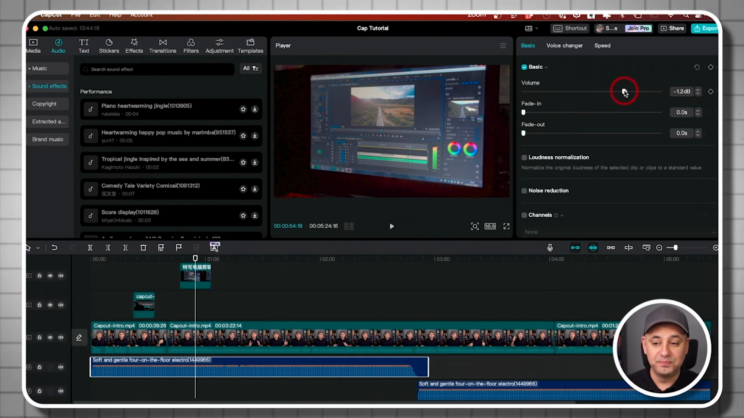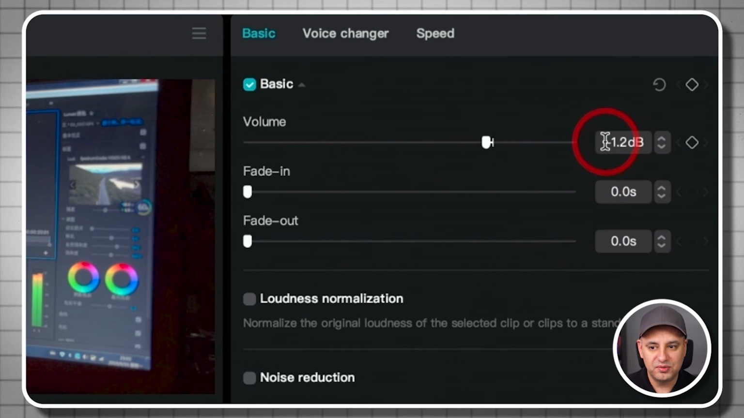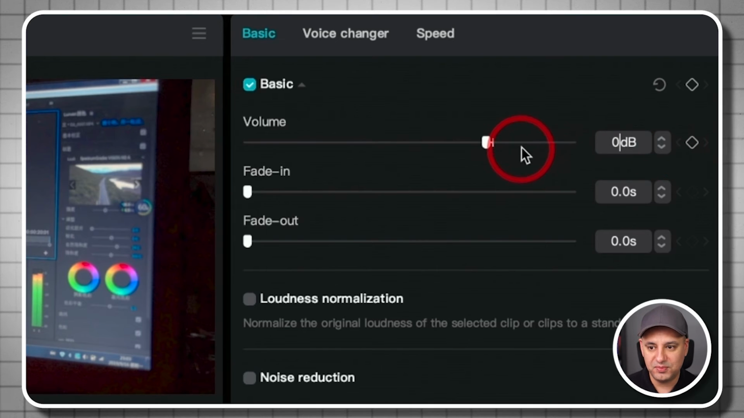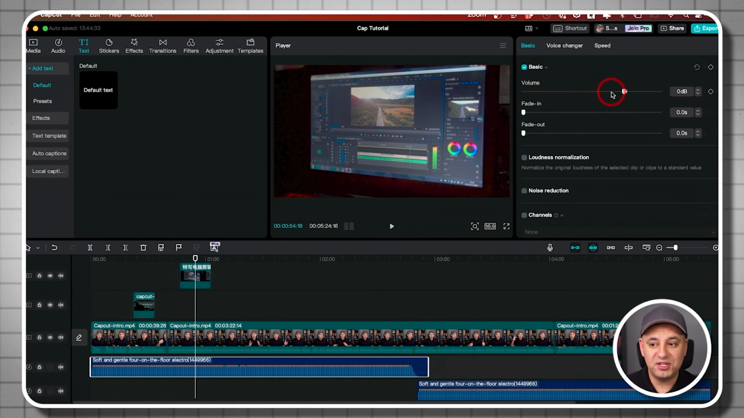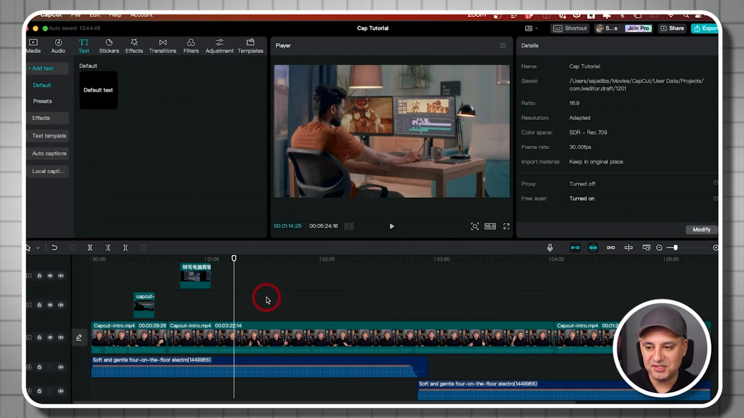So your volume, here's what you gotta pay attention to. If it's at 0, which is typically where you start, that's fine if your music is the only thing. If your music is not the only thing and you have me talking, let me just press play to show you what happens if this is the case. Right, you can't hear me at all. The music is like way too loud. So I need to select the